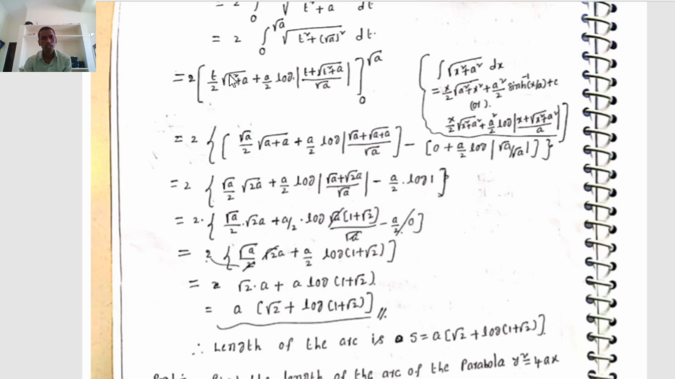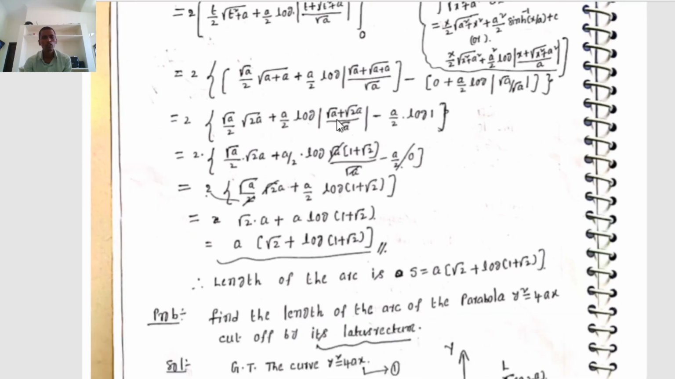Substituting the lower limit t equals 0, the first term automatically becomes 0, since 0 into something is 0. Next, plus a by 2 into log of, where t equals 0, the first one cancels 0, therefore root a by a, log of root a by a, which means log 1. Therefore 2 into root a by 2 plus root of a plus a means root 2a, root of 2a, plus a by 2 into log of root a plus root 2a by root a, minus a by 2 into log, where minus into plus is minus, log root a by a means log 1, whose value is 0, therefore the second term is